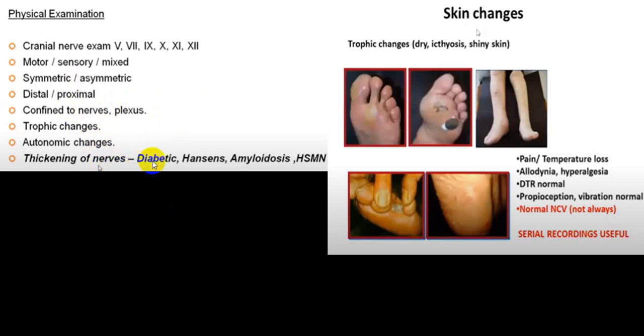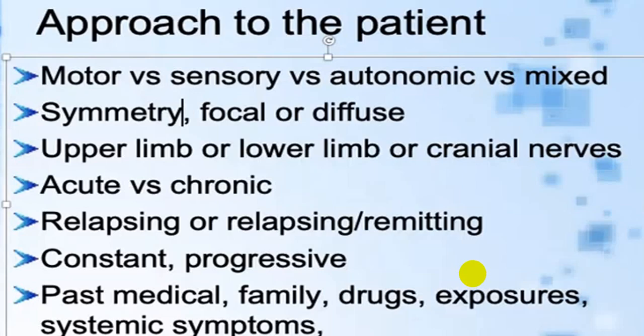Nerve may be thickened in case of diabetes, leprosy, amyloidosis, etc. Trophic changes are quite common in certain groups, particularly in case of sensory involvement. So you can have pain and temperature loss, hyperalgesia, deep tendon reflexes are normal, proprioceptive sensation may be normal, and you can have trophic ulcers with deformities. And whenever you get a strong family history and deformity in foot, do keep it in mind, Charcot-Marie-Tooth. This already we have discussed. This is for a summary.